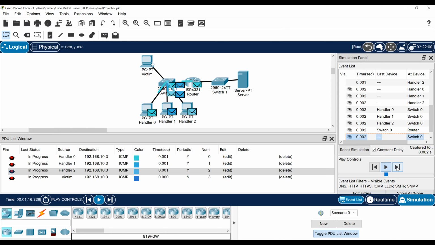So as we can see here on the right side in time in seconds, we're currently at 3 milliseconds. The handlers are constantly sending out illegitimate packets. And then if I speed it up to around 10 milliseconds,